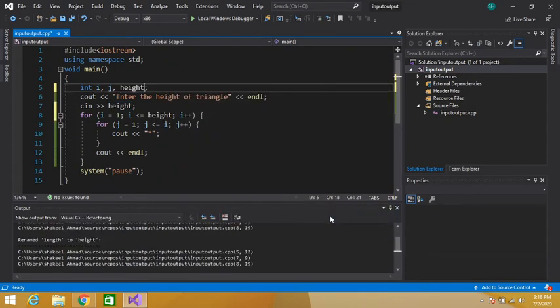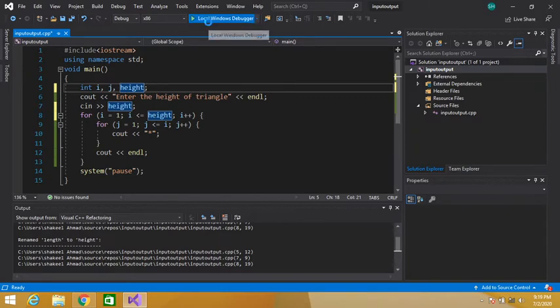Click on apply. So I have only changed the variable in one place and it is changed in all the other places. In this way we can rename a variable at all places. Simply right click on the variable, rename, name what you want, enter, and then you can apply the changes.